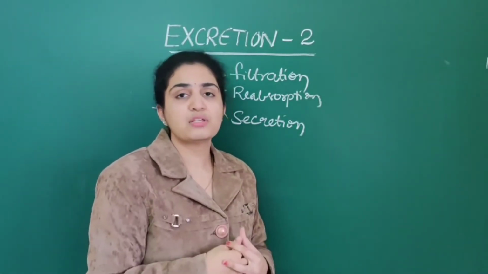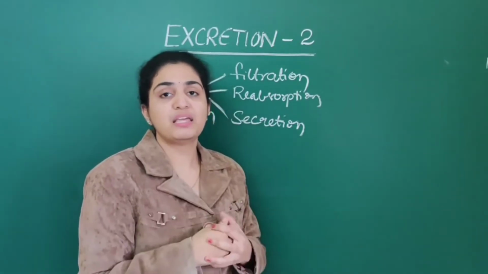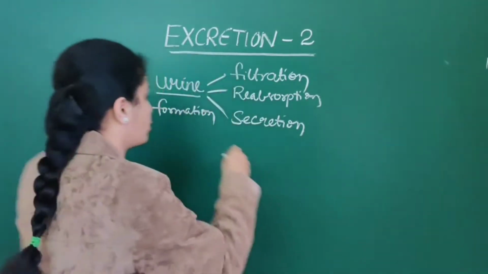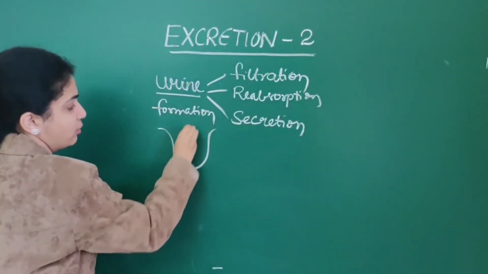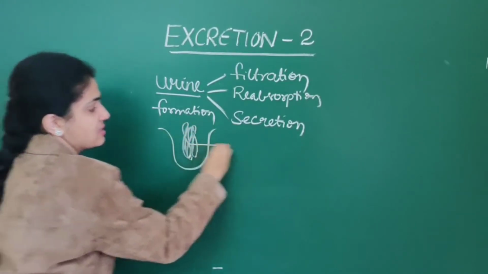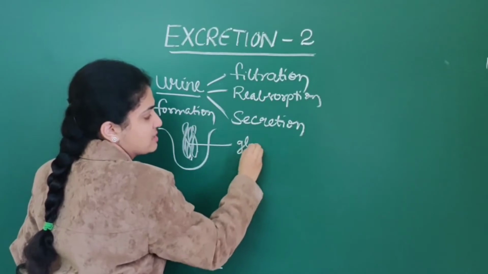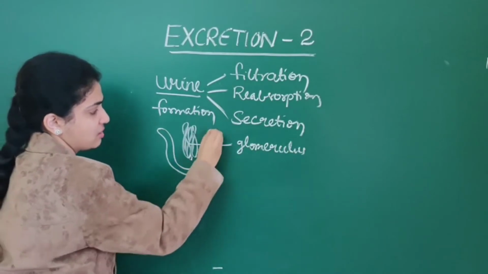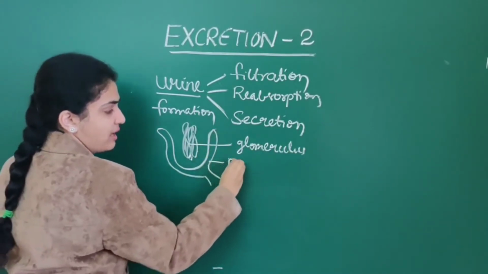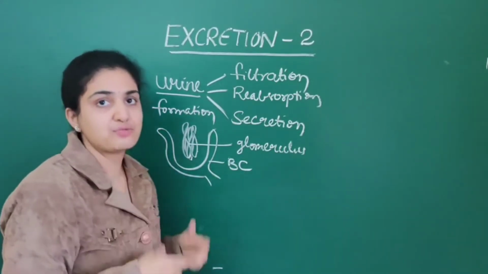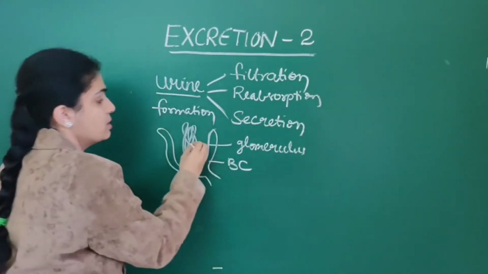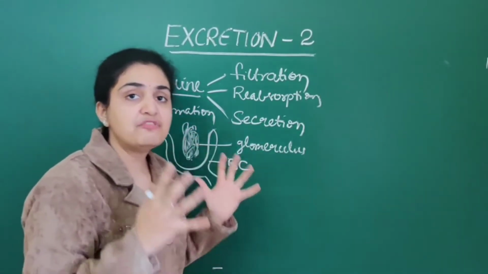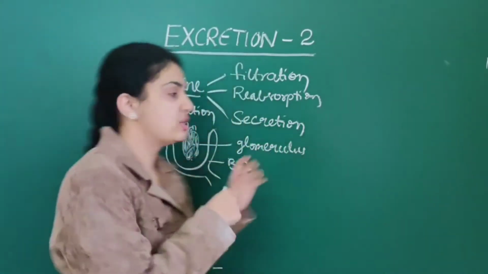In the filtration process, what is the main thing which plays an important role? The glomerulus, which is a part of the nephron. See, glomerulus I already told you. It has numerous capillaries. This is called glomerulus, whereas the outer cup-shaped structure which is surrounding it is called Bowman's capsule. Last class we discussed this is a part of the nephron. So the numerous glomeruli are present. Mainly the filtration takes place in the glomerulus itself.